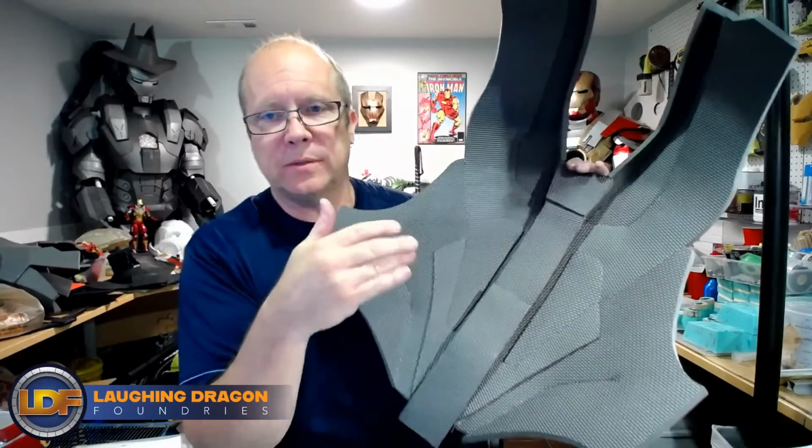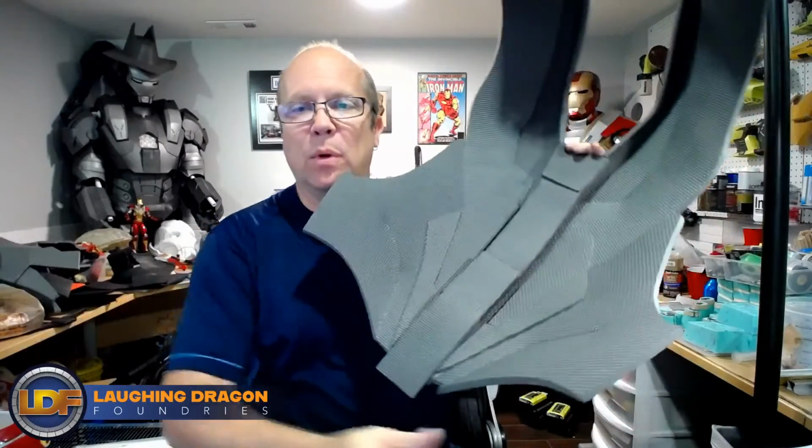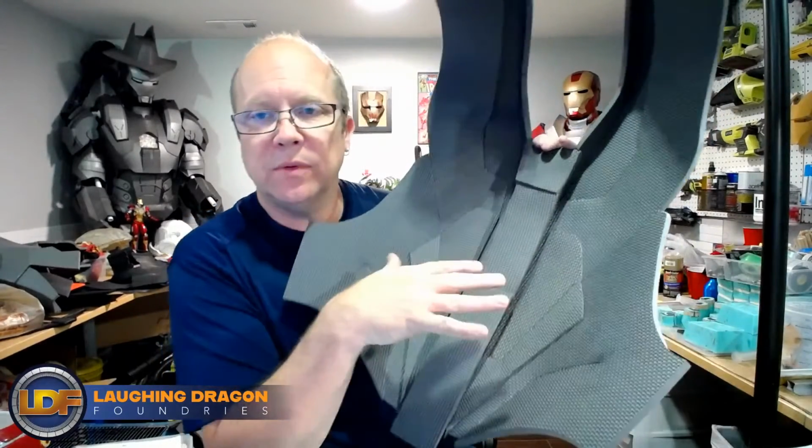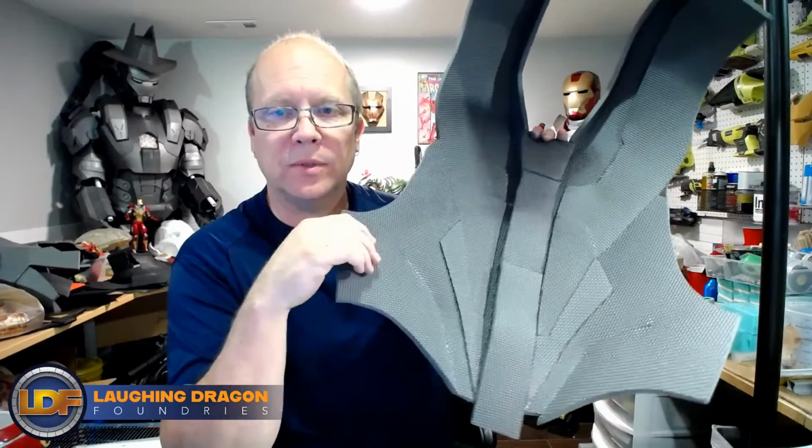But the next stage of strengthening this back plate is to take your hot glue gun. Now this, and the chest plate, inside the chest plate for sure, I haven't actually done it or walked you through it because it's kind of tedious and boring. But basically what you want to do is, once these glue seams have cured, I'd probably let them sit overnight,